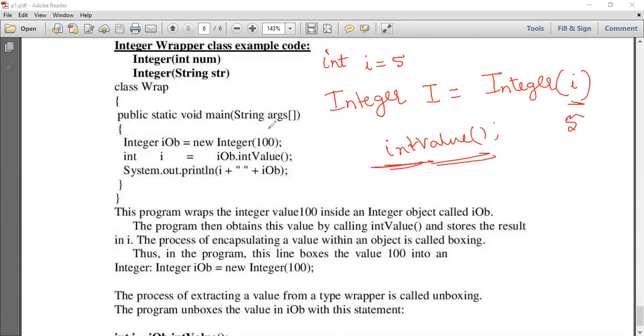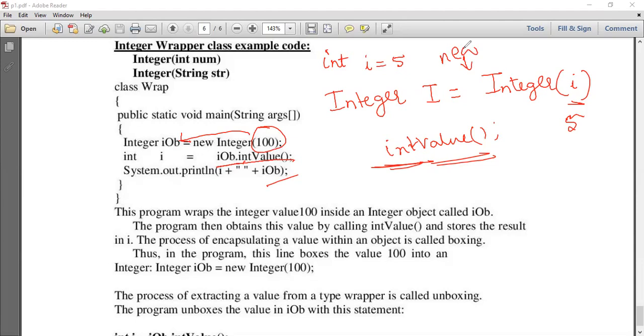Now in this particular program, if you observe, the integer value 100 is wrapped in the object iob. If you want to extract the value that is present in this Integer, then we can use the method on iob, that is intValue. If you print it, it will print 100. And remember, here we have to use the new keyword. Since it is an object, we have to use the new keyword.